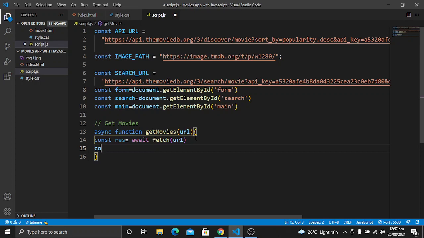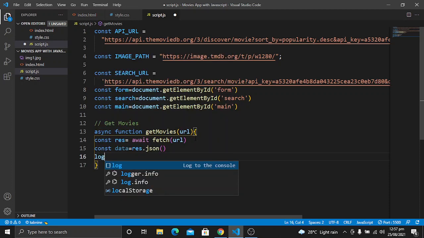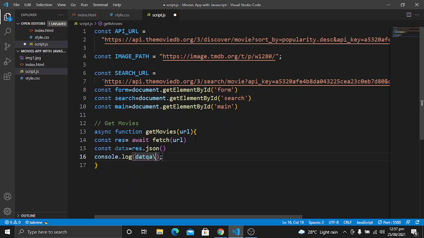In the next step, we will get the data, or we can say the movies, and we want to convert it into JSON format, because we do not get the data in JSON format. So I will log it here, which will be data.results. Let's save it.